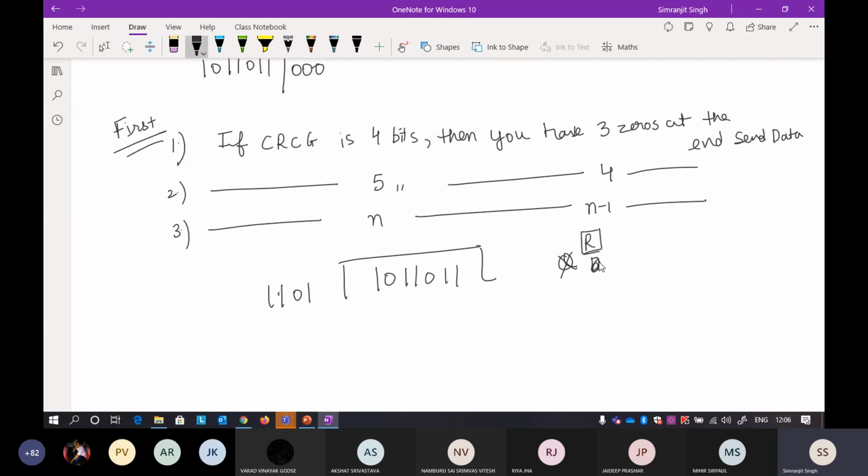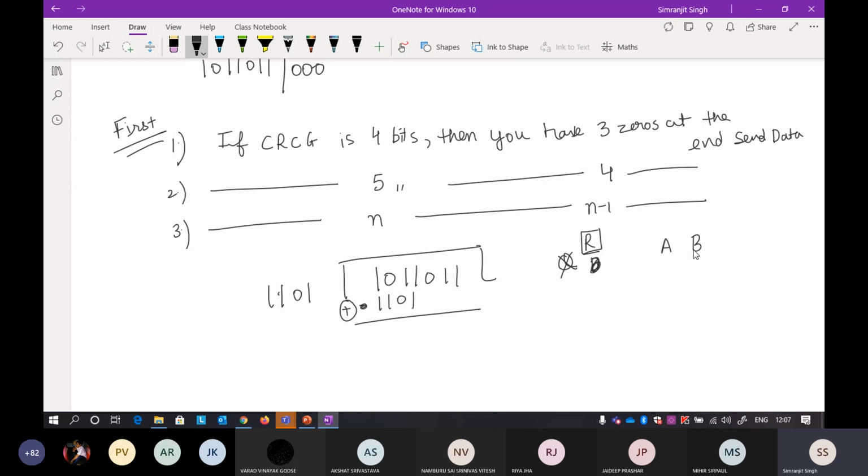Now, just write the number as it is. It will always start with 1, so right here 1101. It is not a typical division, it's very different. You write the 1101 as it is. In a traditional division you would subtract this from this, but in this particular case you have to take an XOR of these numbers.